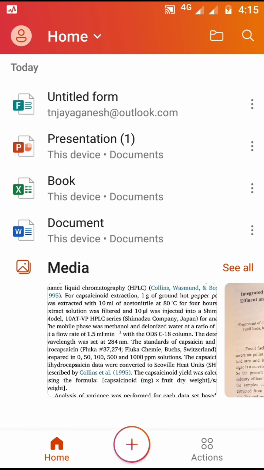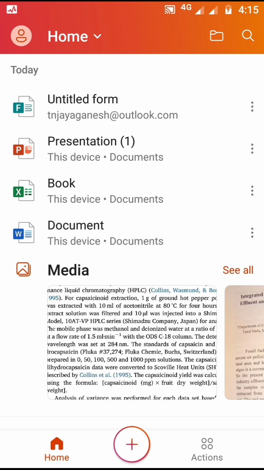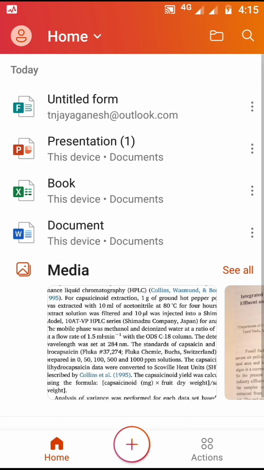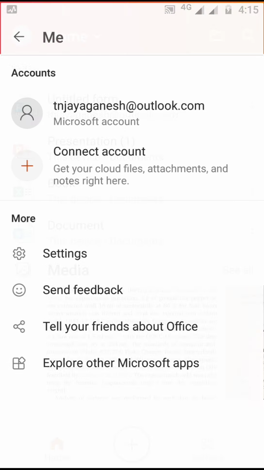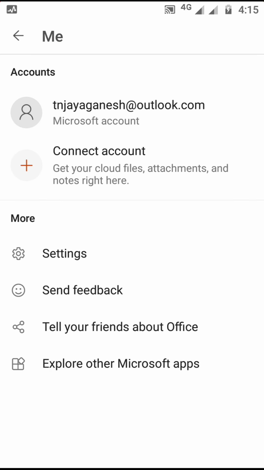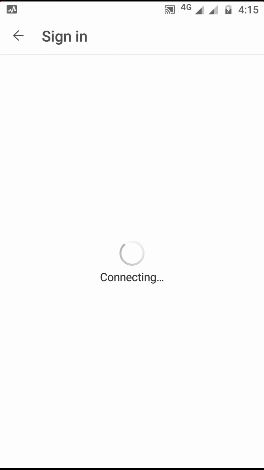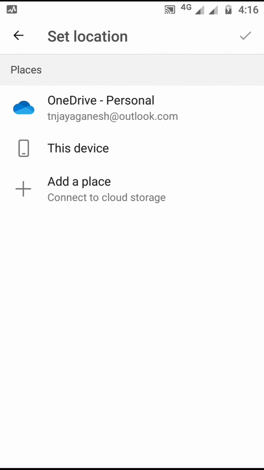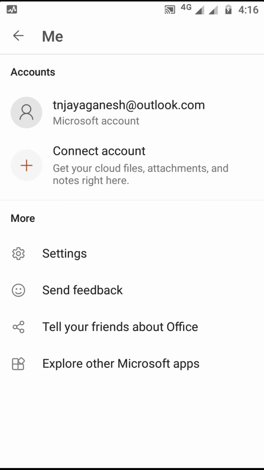So finally guys, 2 GB of RAM in the mobile is enough, but 1 GB will suffer a lot, it will lag like that. So from 2 GB of RAM we can do all the intensive options in this Office app, and also the files can be saved in the cloud and in local file storage. So it is a very good app. I am recommending it for you.